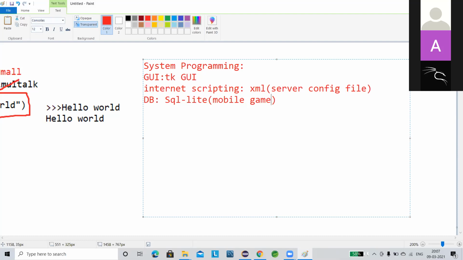It is less in size than your other applications like Oracle, PostgreSQL, as well as MySQL. SQLite is a little bit less complex, having fewer features, and it is also less in size. So in Python, the inbuilt DB supported is SQLite, and with SQLite we can do any kind of DB operation on the DB part.